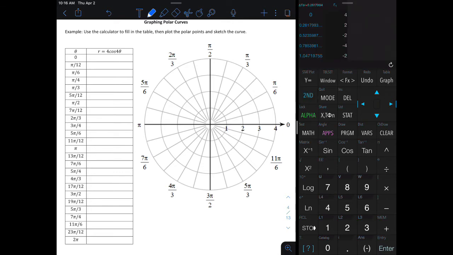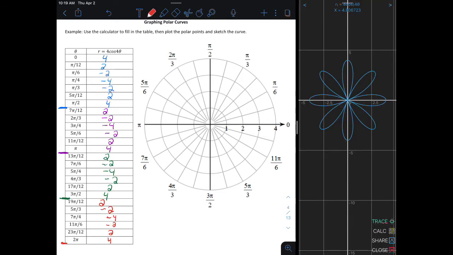And I look, and the left-hand column are my theta numbers. It gives me my r values that correspond to it. So what I'm going to do is go ahead and fill in my table accordingly, and I'm going to color code by quadrant to help me get going. Okay, so now we have this table made, and we're going to plot the points in our table on this